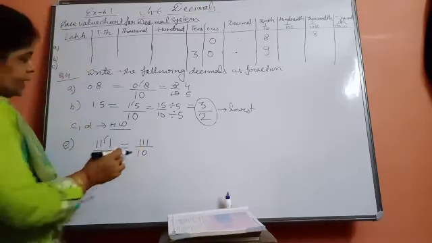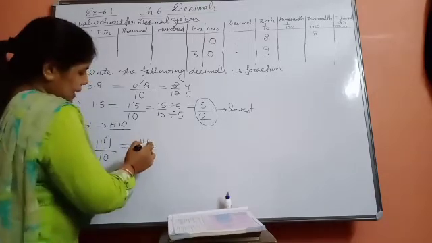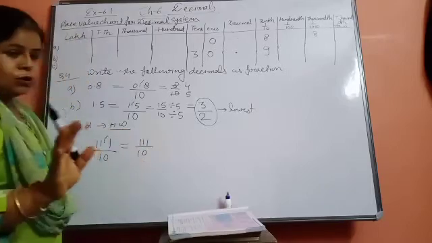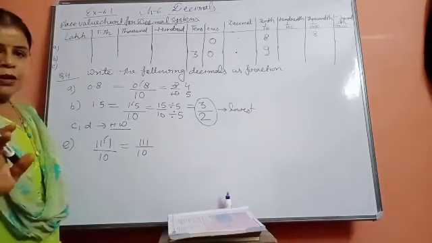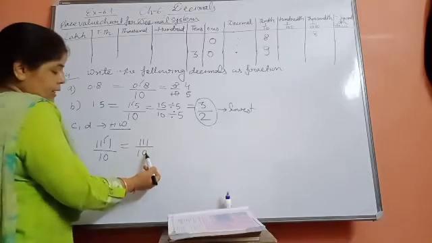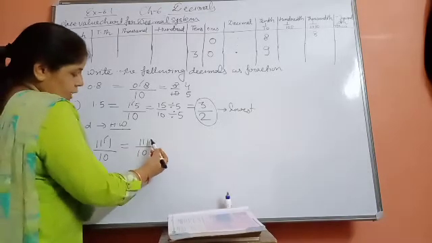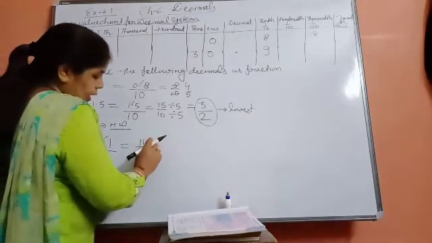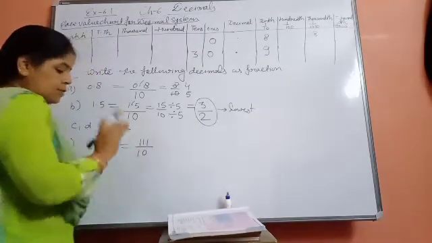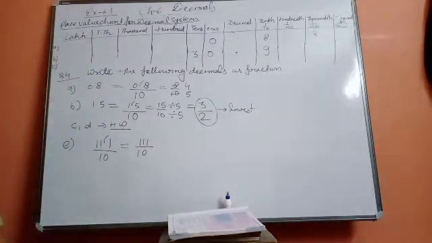Now you can see that this one is an odd number in the end and this is an even number. So they both cannot come in one single table. Okay, one is an odd number and another is an even number. So they cannot be cancelled. So this will be your answer. This will be the lowest form of the question.